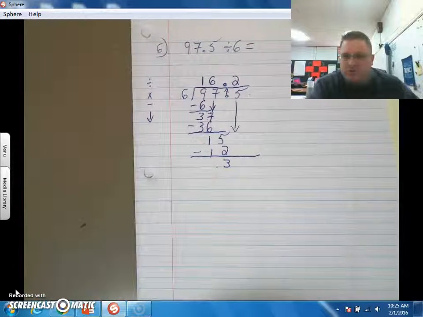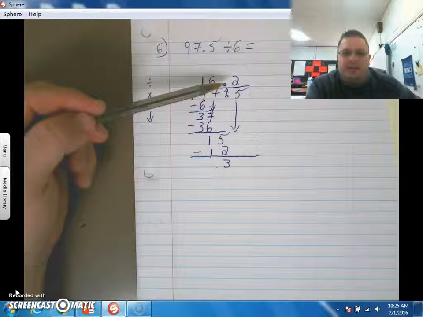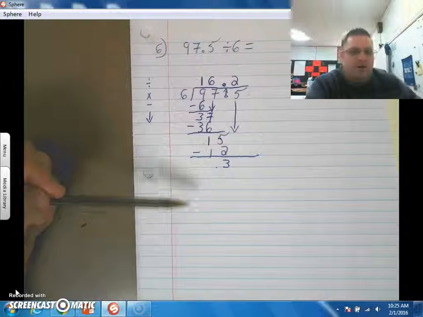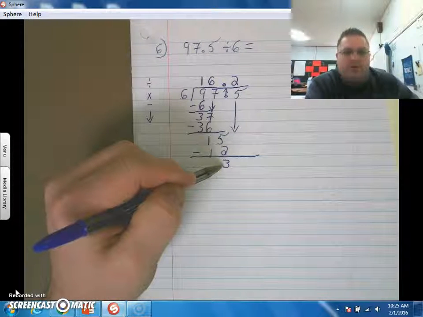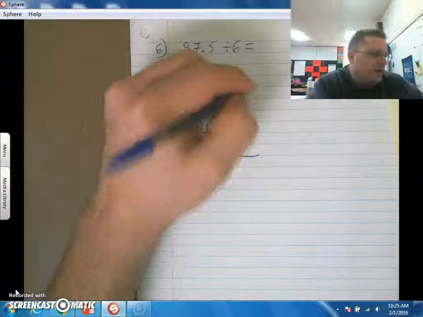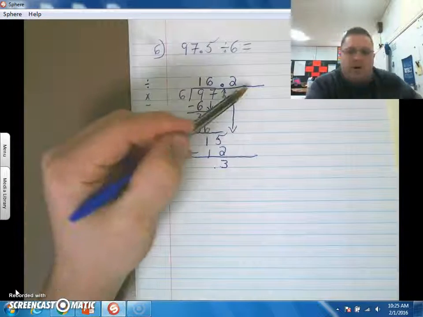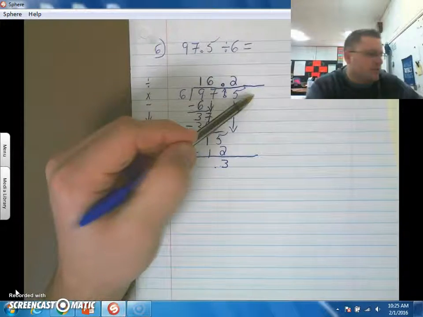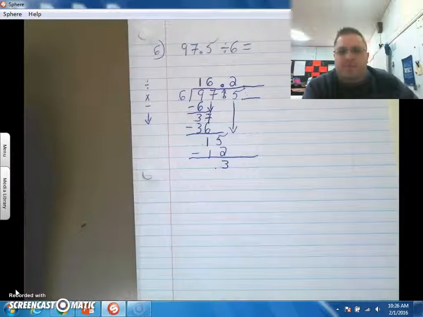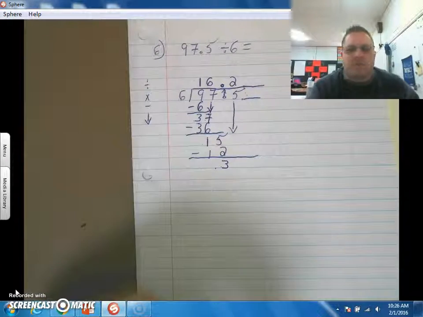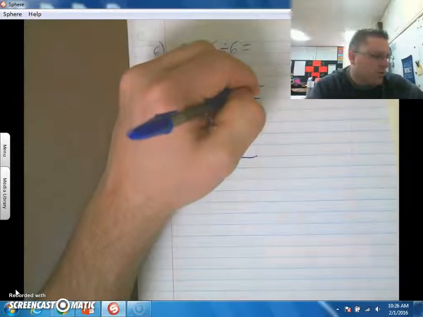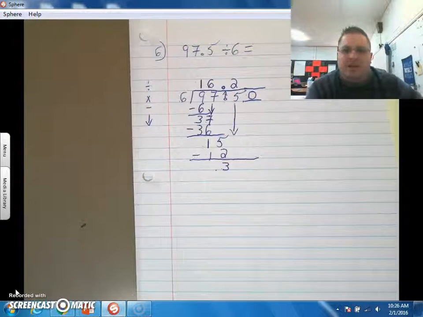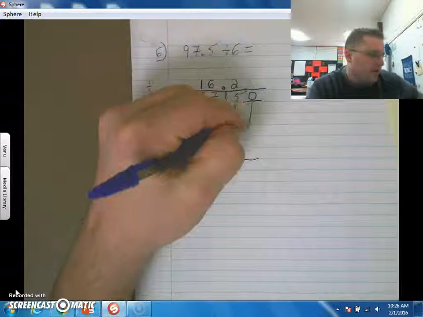But remember, we're done using remainders for a while. We're finding answers with a decimal. And when we have a decimal, I don't do decimal and a remainder. So when I have a number left over down here, I'm going to just go ahead and where I would drop a number, this is our decimal, 10th and 100th place, right here, I don't have anything, which means I have no hundredths, or we can just say I have 0 hundredths. And now that I have that 0 there, I can bring it down,